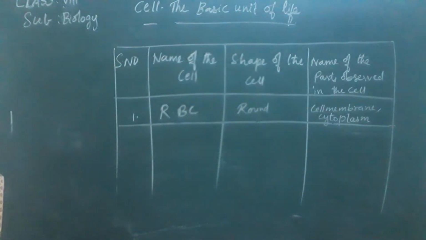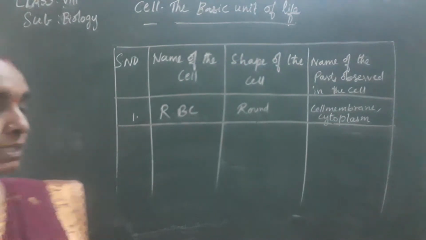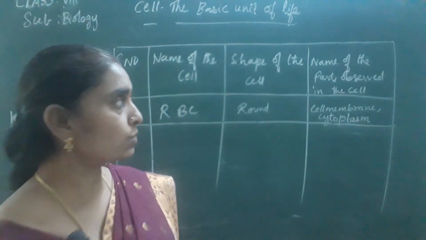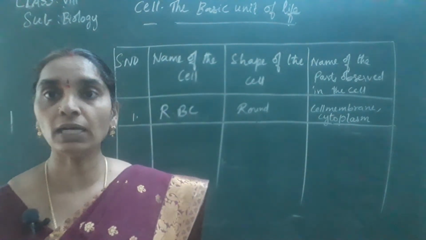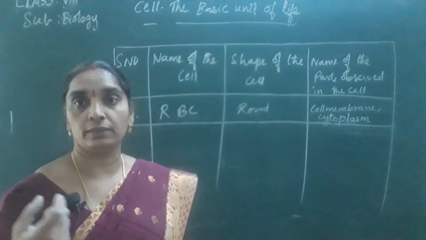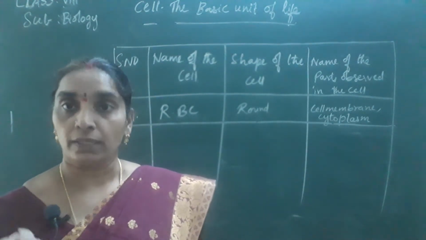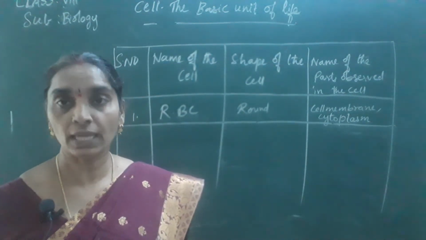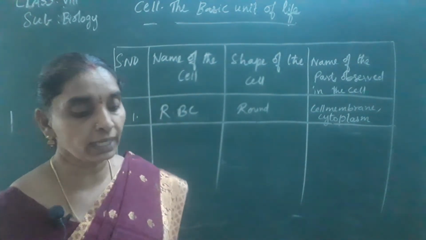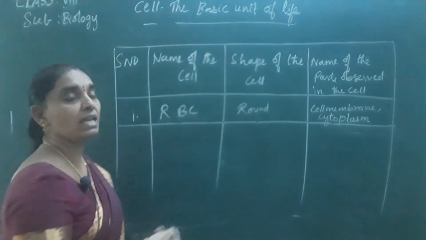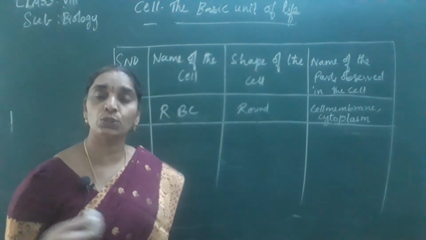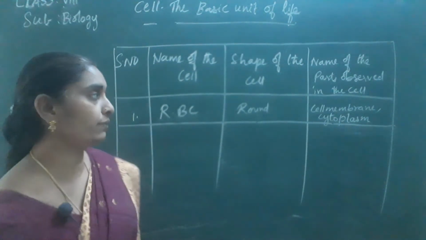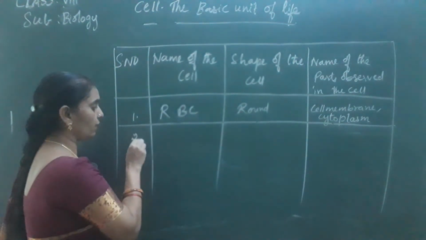Okay, about 4.2 to 6 million RBC cells are present in our body. It leads to anemia if they are decreased in our body. Mainly the protein, the hemoglobin content present in our blood is responsible for the red color of the blood, that is red blood cells. Okay, so this is about the RBC. They vary in count from adults to infants and from male to female also. So that we have understood about these RBC cells.